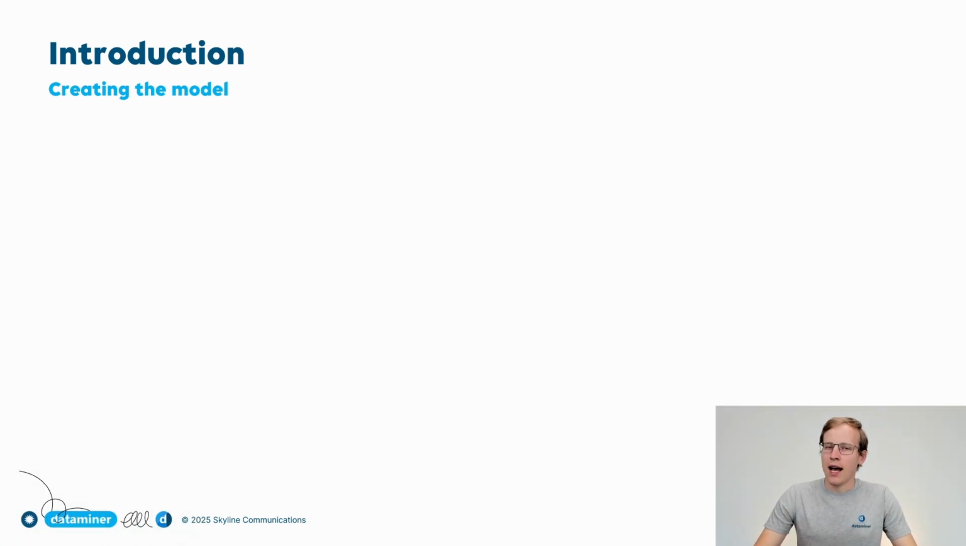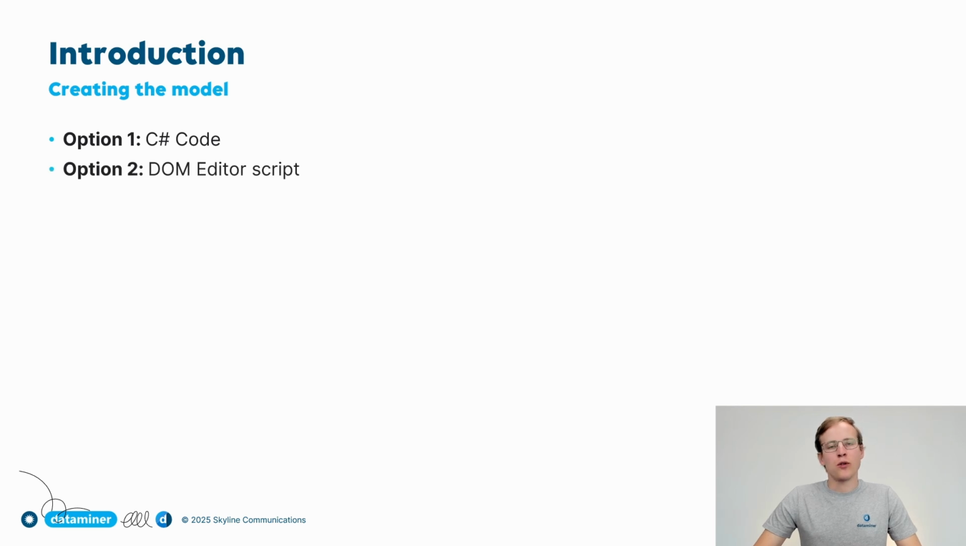Now, I explained how you can create a model, but how do you actually create those objects? There are 3 ways to do that. You can do that via C# code, and as a developer myself, I also prefer this way. But if you're not that versed in the C# world, you can go for option 2, which is the DOM editor script. This is an interactive automation script which can be easily deployed from the catalog, and that will provide you a front end, a user interface to create these objects and to also alter